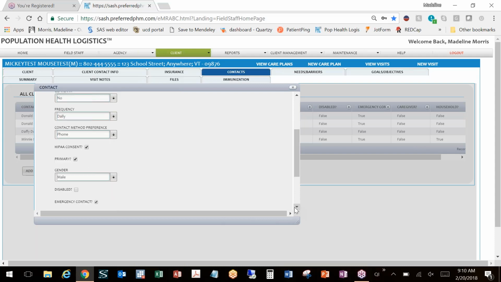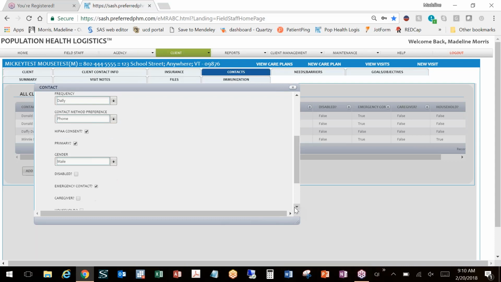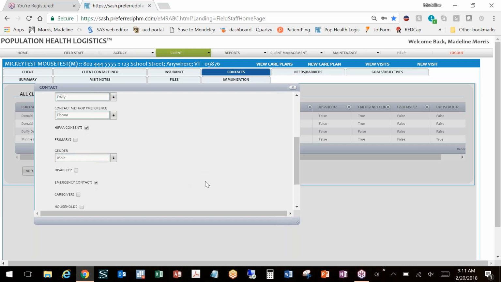The preferred method to contact Donald is via phone. Looks good. He does have HIPAA consent. Doesn't look like he's a primary, so I'm going to uncheck that. And we'll go on to his